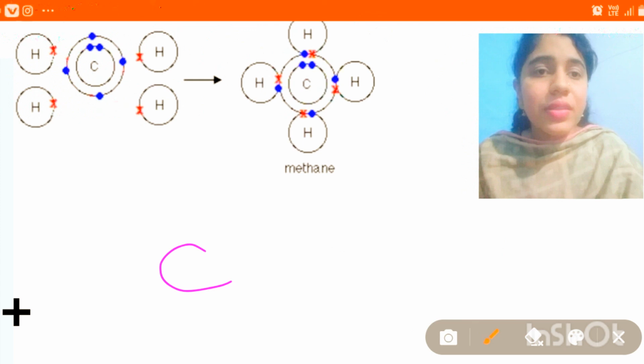Next, when it comes to carbon dioxide, it is the same concept. It requires 4 extra electrons, but in this case you can clearly see this carbon. What does carbon have? 4 valence